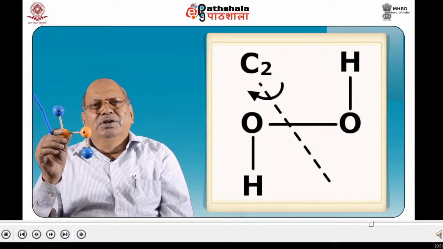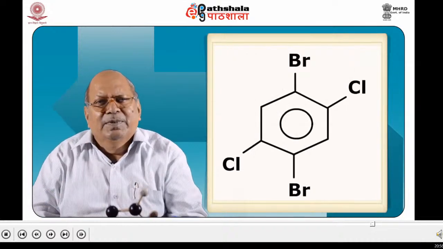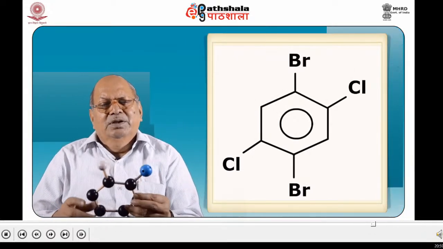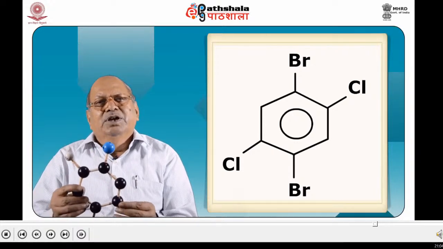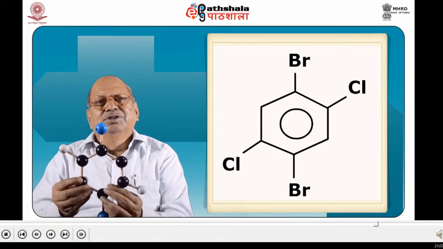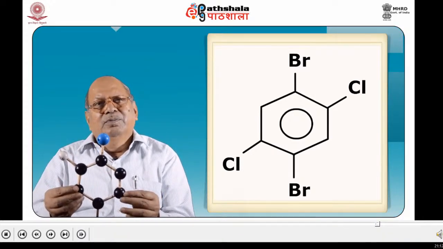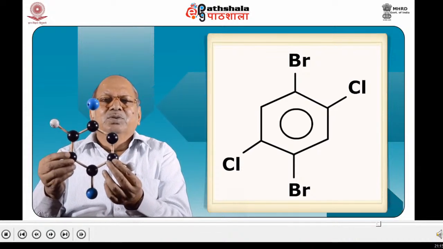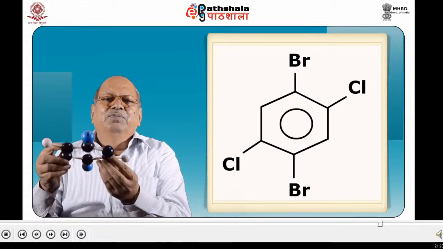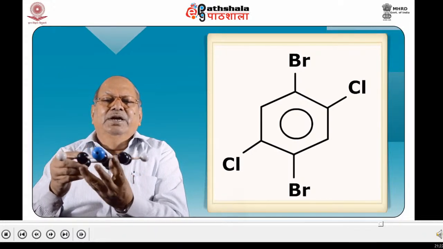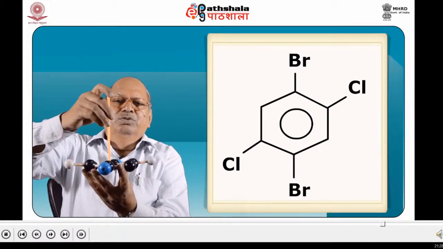Now, let us take another example of a substituted benzene, that is, dibromo-dichlorobenzene, and this is the molecule. Now, in this molecule, which point group does this molecule belong to? That is, if I put this molecule like this and give a rotation about this axis, a C2 rotation,